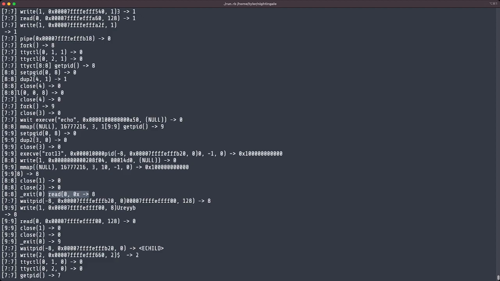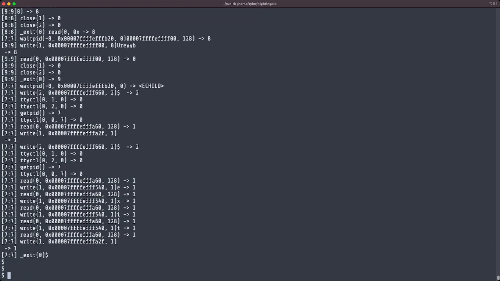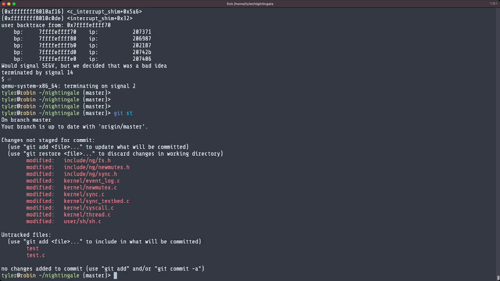So this has answered my question. My question is that the read call is in fact happening after exit in the parent process. So I think that means that it is working, and that's good. That's a little bit concerning, but let's